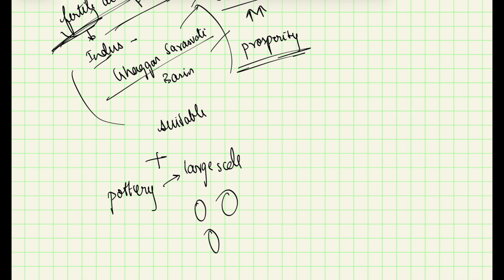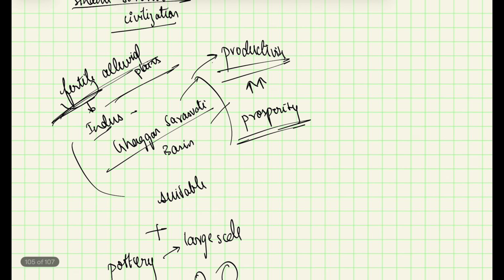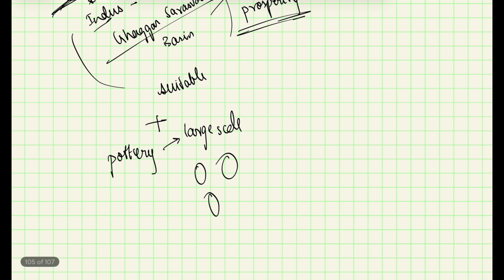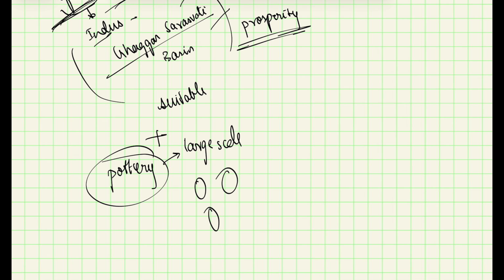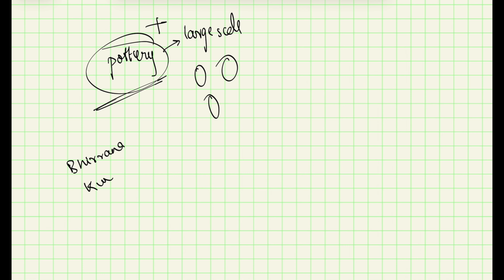This was most evident both in the Baluchistan part as well as in the Indus-Saraswati Ghaggar basins around 4000 BC. We saw an increase in craft production, especially pottery. Radiocarbon dates were also obtained for some sites in the dried river belt of Saraswati, such as Bhirrana and Kunal. That is the pre-Harappan phase.